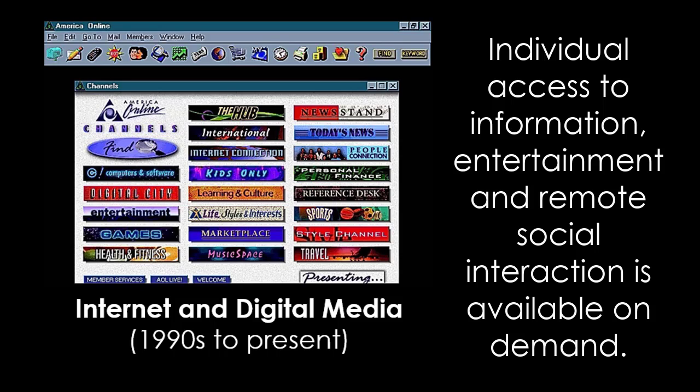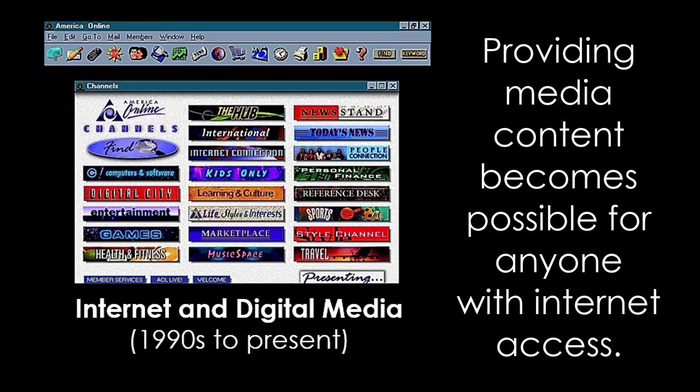We have an explosion of different kinds of people, groups, and organizations being able to provide content. So it's not just going to be some certain technologically advanced corporations and other organizations that have access to media technology being able to create content for people. Literally, anybody can be a journalist. Anybody can produce entertainment media that can be disseminated through the internet.